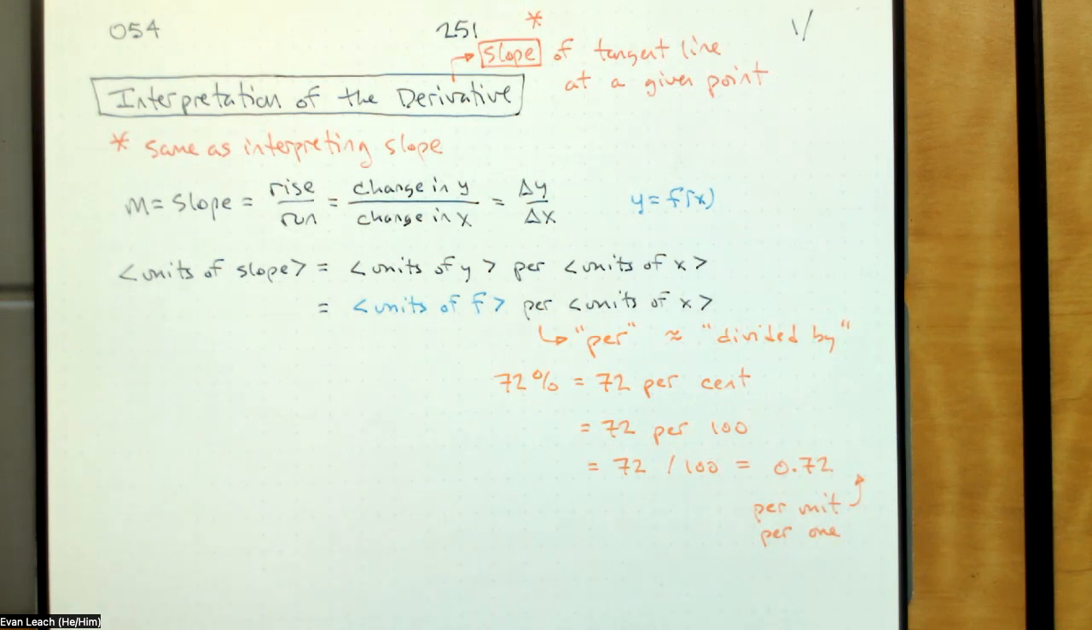This is how we build the units of the slope. We take the units of the function, we write the word per, then we write the units of x, and then see if that tells us something. So for example,